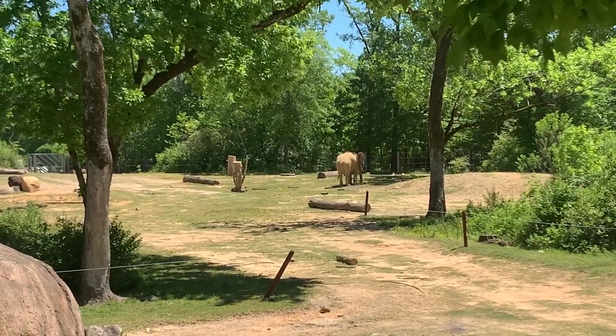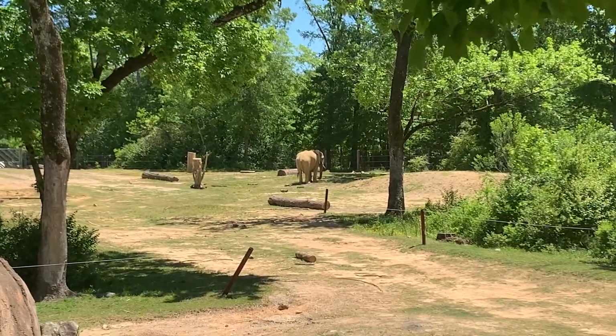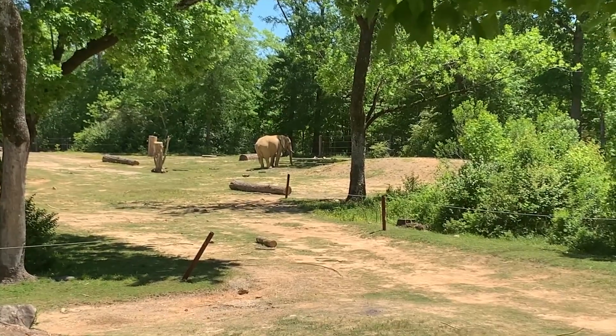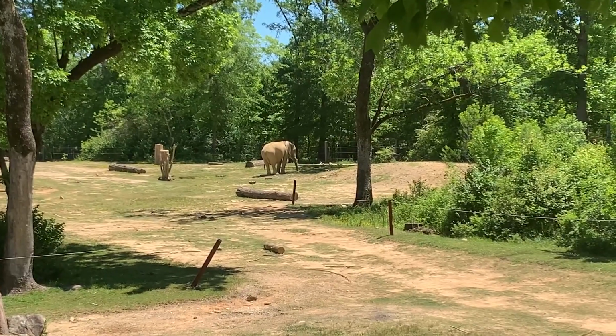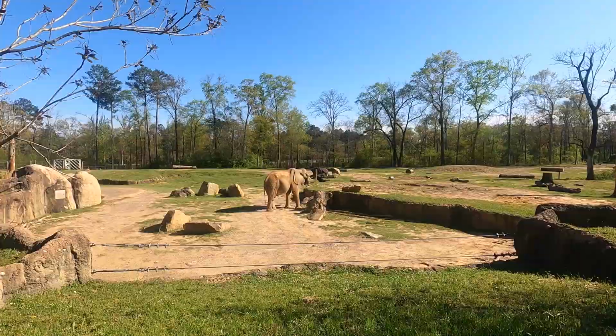Wanting to keep the elephant exhibit alive, the zoo took the cheetah, bison, and camel exhibits and combined them in order to make room for the Trails of Africa elephant exhibit. When Bawagi first arrived at the Birmingham Zoo, he had a crack in his tusk and had to undergo surgery to repair the damage and shorten his tusk. Thankfully,